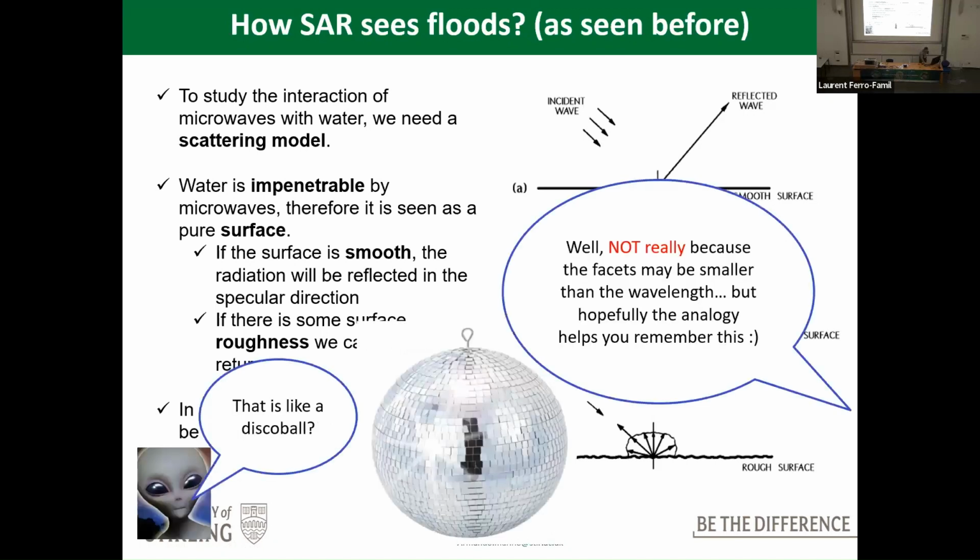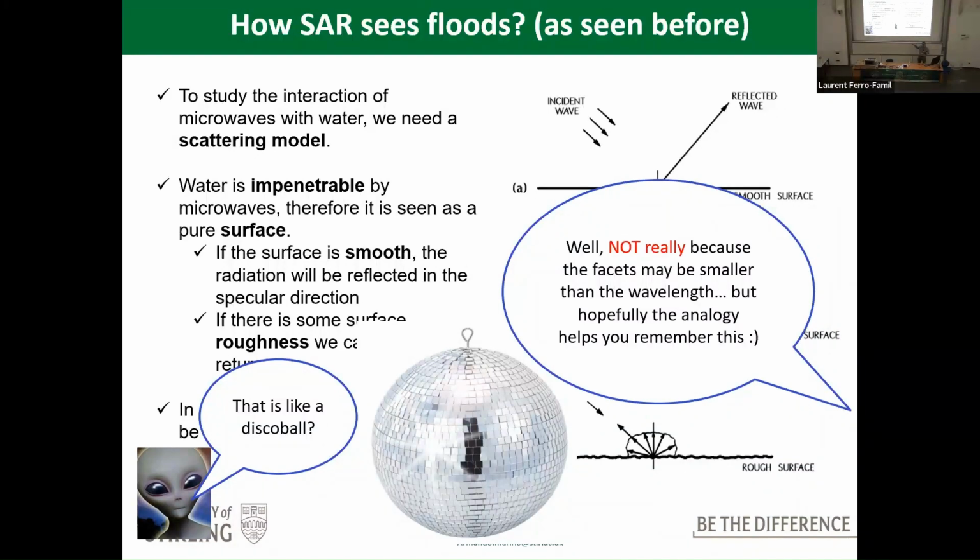And the example that I can think about here is a disco ball. If you look at a disco ball and there's only one light, you see an area which is bright and the rest not much, because those facets are looking straight at you. There is some light that is shining there and is going into our eyes. And it's a little bit like that. So the surface creates this roughness, creates these facets, and some are looking at us,